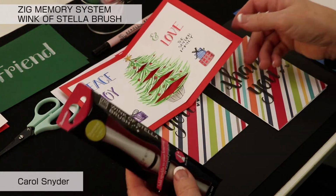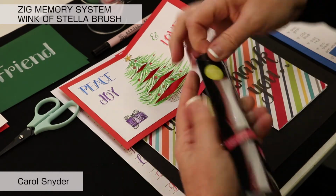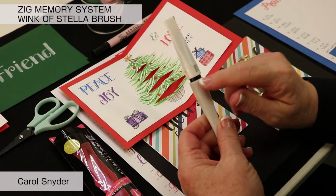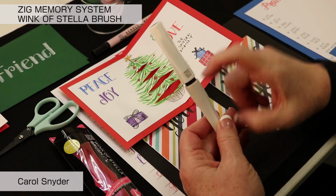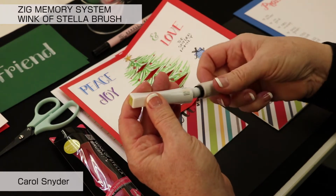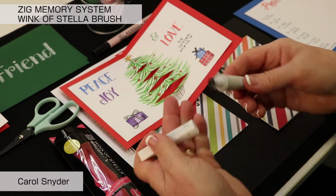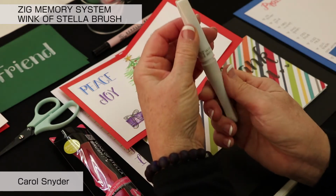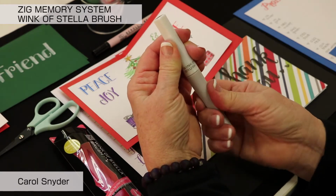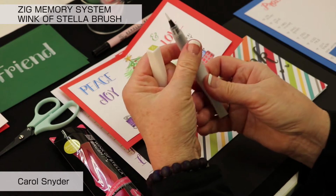So initially, when you have your Wink of Stella brush, you will open up the end of the packaging, and it will have a black ring on it right here, and that black ring is a separator. So right now the ink has not been introduced to the brush end yet. So what you'll do is you'll unscrew it, and you will take the ring out. Then you will screw it back in, and I like to hold it upright because it's going to actually twist into the end, and you can actually hear it break through so that it is there. Then you will pull it off. So now it has